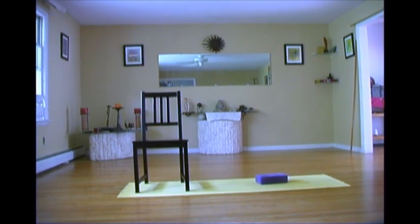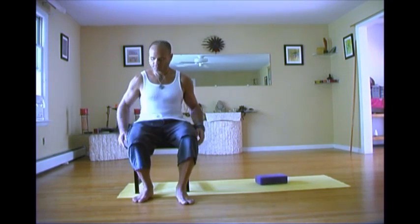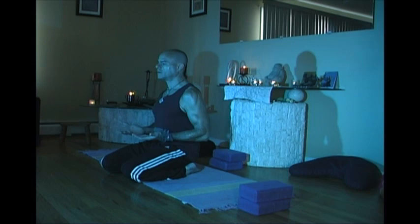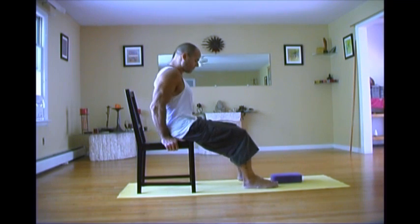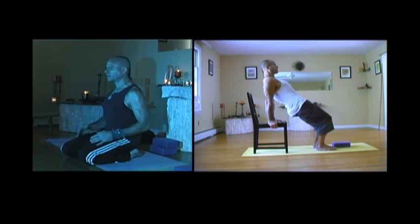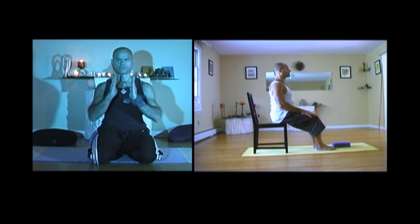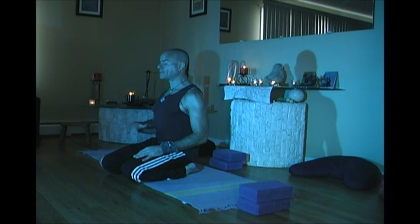Now, if you're sitting on a chair, you don't want to be in a big cushy chair that you're going to start to slump in and it's going to take over you. You want to be in a chair that's maybe a folding chair. Kind of bring your butt to the edge of the chair and work all the same principles that we were just talking about. So extending from the waist, your feet are now going to be the grounding point on the floor, but your sit bones are still going to be on top of the chair. And then you're going to be extending from the waist,